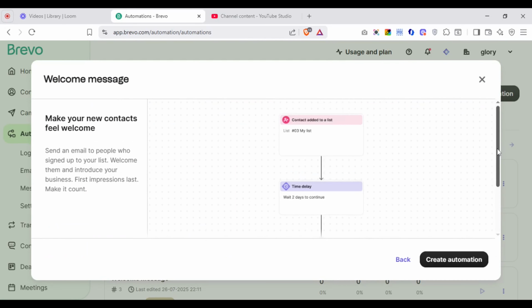But one thing to do before setting up an automation is that you have to make sure that you have the plan laid out already, whether in your head or you have it written down already, or you can even create a flow chart if that is going to be easier for you to kind of check what step you need to add at every step of the way. Because when you start creating it, it can be confusing and you want to make sure that you're following the right step. So when you click on create automation,